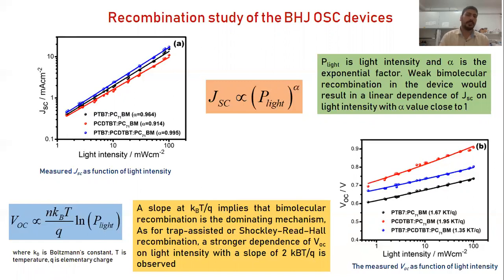And from these equations and these IV characteristics, we can easily comprehend what type of mechanism is going on in our device, what type of charge transport, what is the mobility, what is the trap density in the device, how much excitons are generated, how much excitons are dissociated, and how many charge carriers are collected towards their respective electrodes. And from these equations, we can also calculate the recombination mechanism.